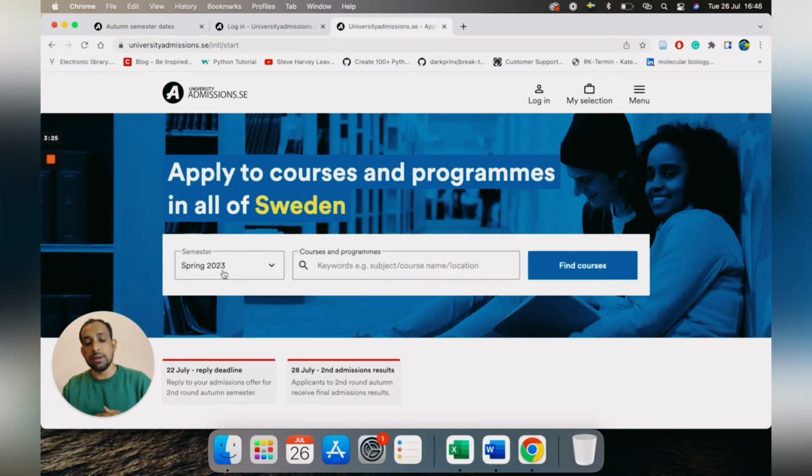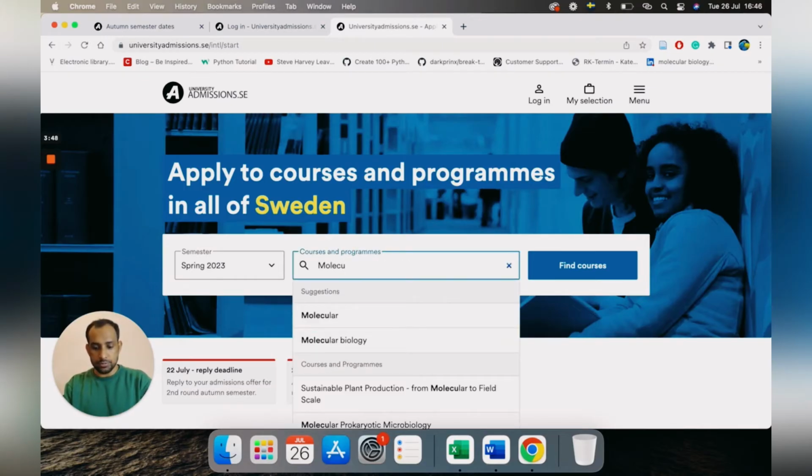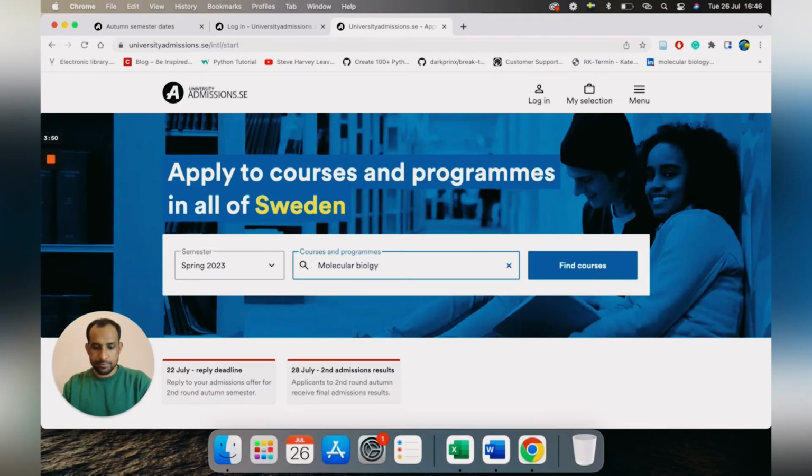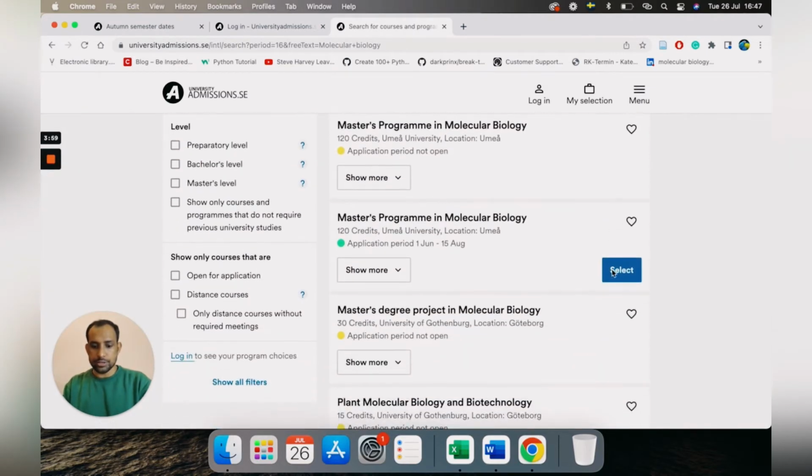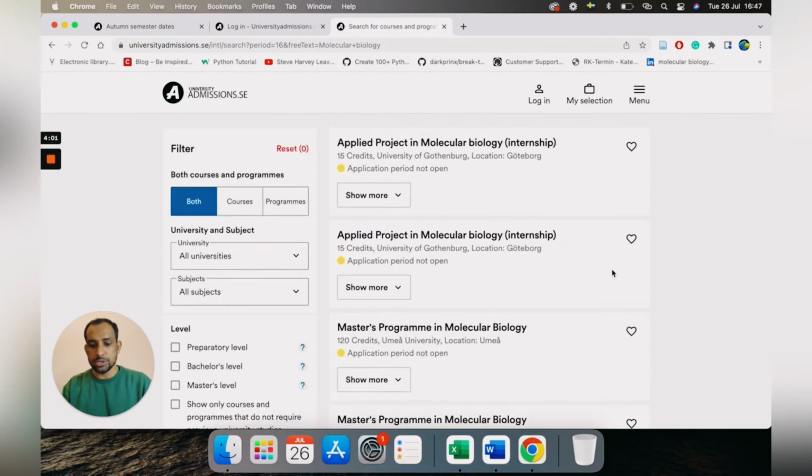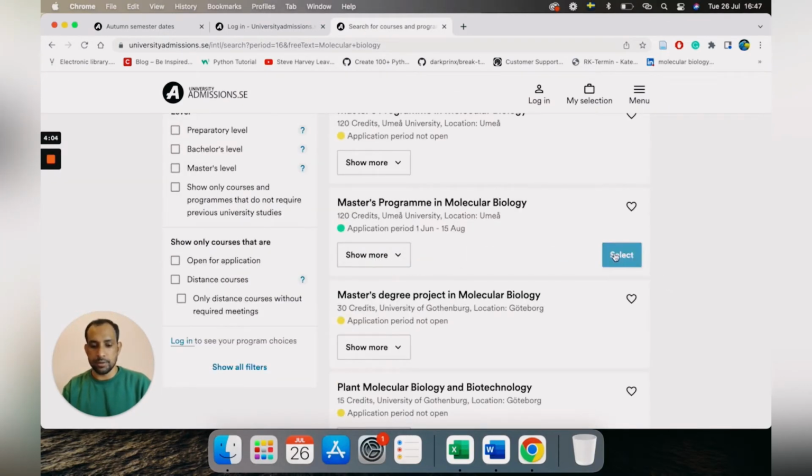Now we can go to our main task, how to select a program. For example, right now autumn semester courses are closed, spring is open. Spring is going to start from January. For autumn, classes start around August or September, but for spring, classes start in January or February. Here I will write molecular biology. So now you can see there are different programs. Just to give you an idea, I will select the program. First I will select this one,